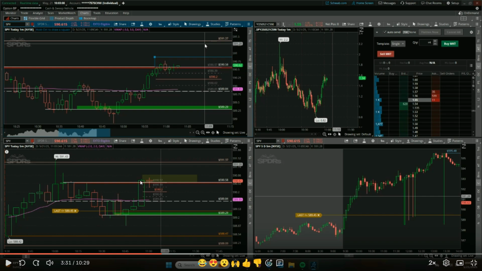There was a lot of strength in this candle. It's bigger than any other candle on the whole. Maybe it's not bigger than this one, but this one's green too. So it's bigger than any red candle. We got this giant green candle pushing past VWAP from the demand zone and then closing immediately past the supply zone.